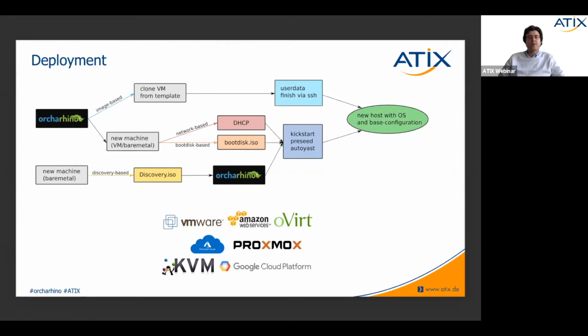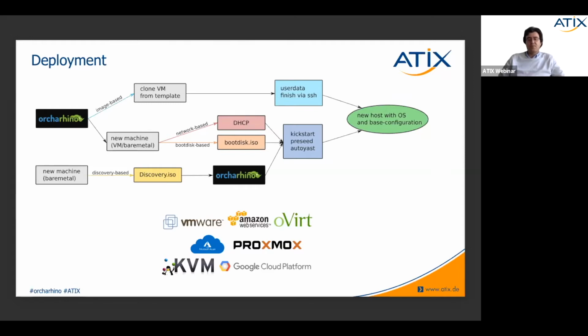The other way would be a fresh install of the operating system. For that, there are two methods. If we have DHCP, we can do a network-based deployment. Then it will just do a PXE boot and then pull provisioning templates. In case of Red Hat operating systems, it's a kickstart file. In case of Debian Ubuntu, it's a preseed. In case of SUSE, it's an AutoYaST. Then all the commands are being executed, and in the end, we get again our server, which is fully configured and has a base OS installed.